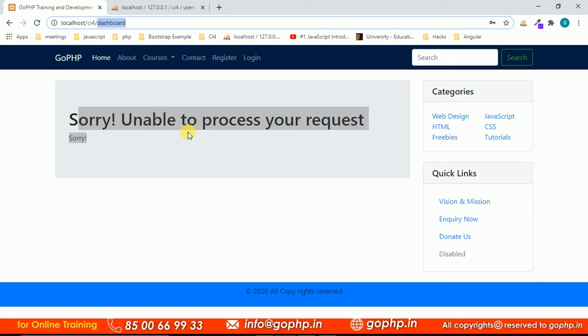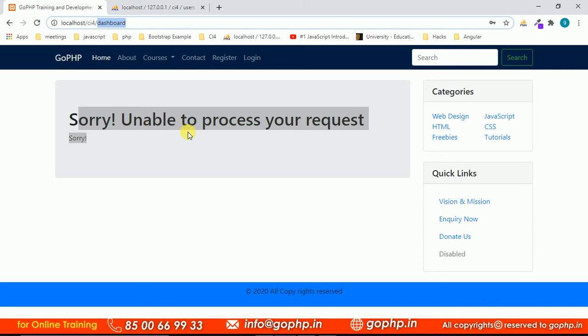So this is very important. If I want to see my dashboard, first of all I have to log in. Without login, can I go to my home page or dashboard page? No, definitely we cannot. Go to facebook.com. Without login, will you go to your home page directly? It is impossible. Definitely you have to log in, and then only you can see the dashboard or home page or whatever it may be.